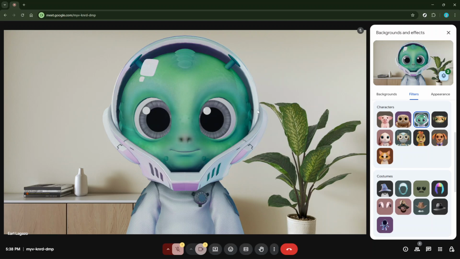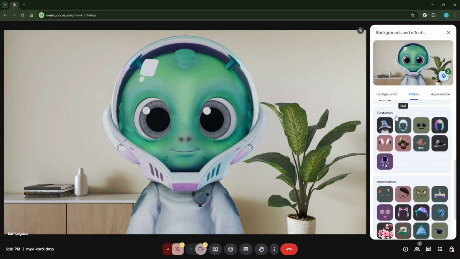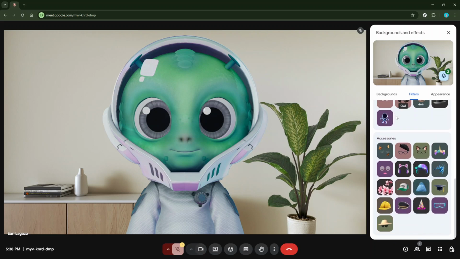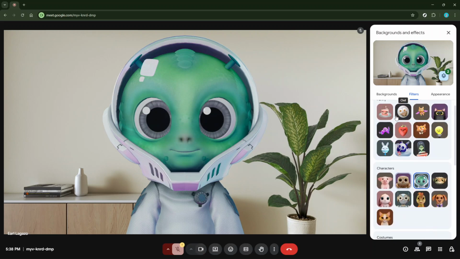That's all there is to it. Enhancing your Google Meet sessions with filters and effects is not only a straightforward process, but a surefire way to bring energy and fun to any meeting. With these simple steps, you'll be ready to transform your next virtual encounter into an engaging,